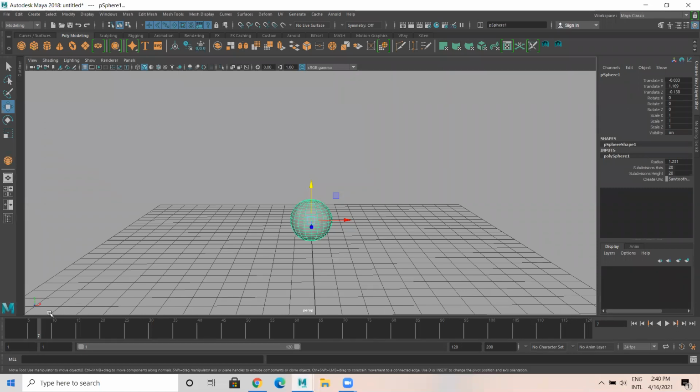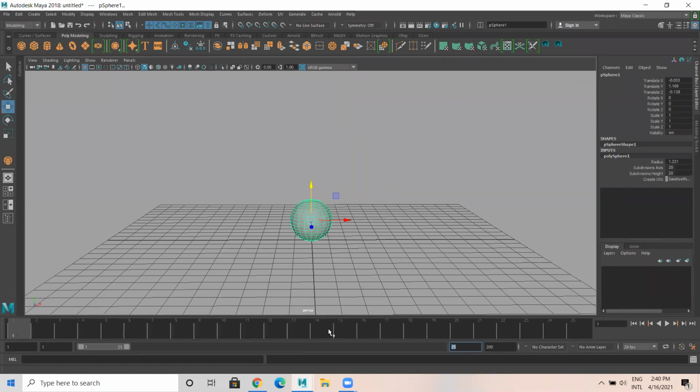What is a keyed frame here? That we have to key. We haven't done any key. So simple. I'll make it 25 frames now. In the range slider, I'm going to decide, let it start from 1 to 25. And for the start and end frame, up to 200 frames is there. You can increase the number to 2000 or 5000, or if you want 25, you make it 25. Now the entire frame range is from 1 to 25 only.